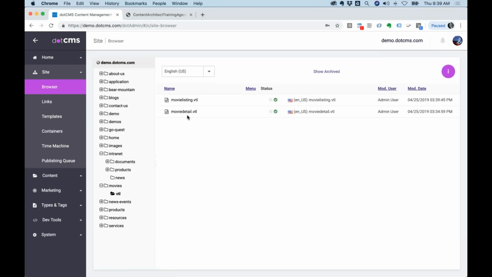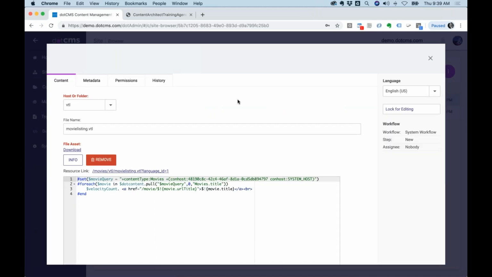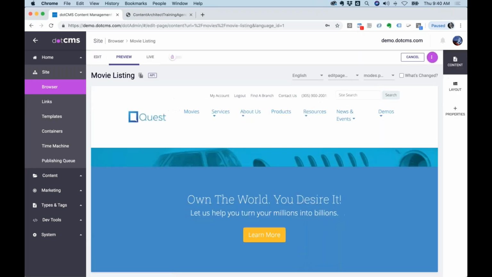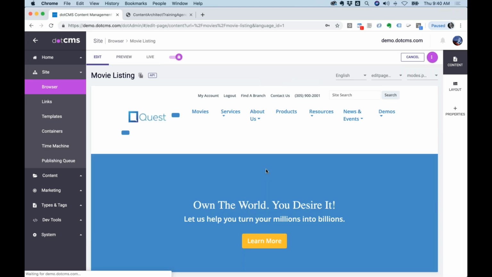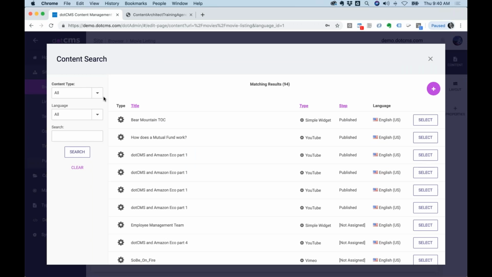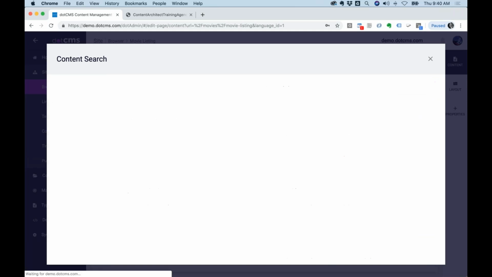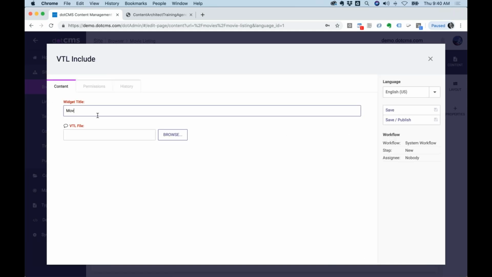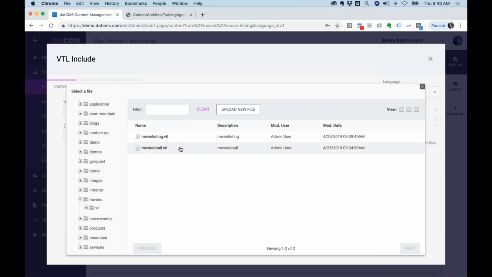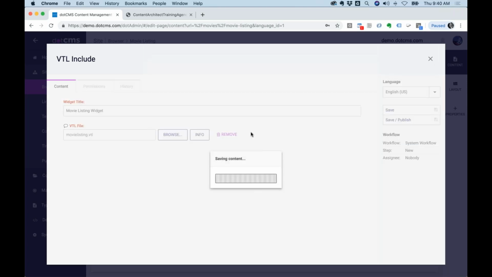So I'm going to go to each one of my pages and I'm going to parse those VTL files, right? So I don't want that. I want to actually go to my movies and I go to my pages. So there is a convenience widget here. So I can do widget, and I want to include, basically. So I can go to VTL include, create a new VTL include, and movie listing widget. And I can browse for that exact VTL file that is inside of movies and VTL and movie listing, and save and publish him